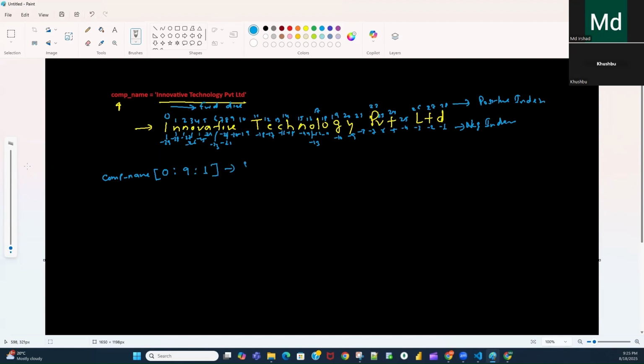So this is the syntax of a positive slicing operator. This is your start index, this is your end index, and this is your step. Whenever you define it this way, the first thing the slicing operator will check is the value of the step.